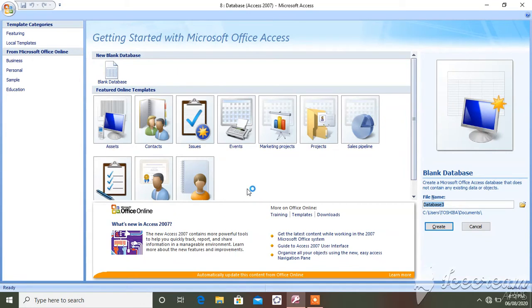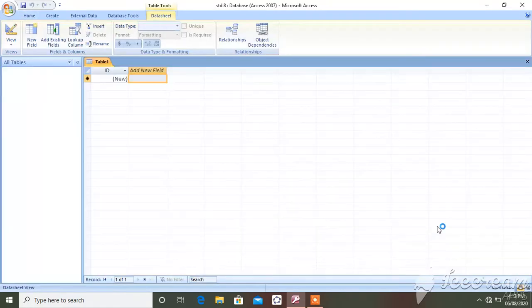When you start MS Access, the window will look like this. Just click on the blank database. Then here you give the name of the file. Suppose I type the name of the file as standard 8 and then click on create.